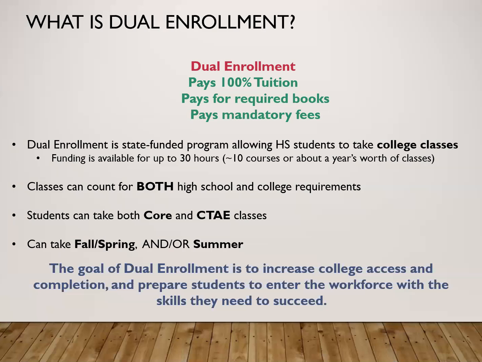And you can take core classes, English, Math, Science, Social Studies, and some of the career tech classes. Dual enrollment's available for students to do it fall and spring. So usually if you're doing dual enrollment, you'll do it for the whole school year. You can also do dual enrollment in the summer. And I think that's something that students don't always know, but you can do dual enrollment in the summer. And we sometimes will have some students take advantage of that, even if they don't continue it during the school